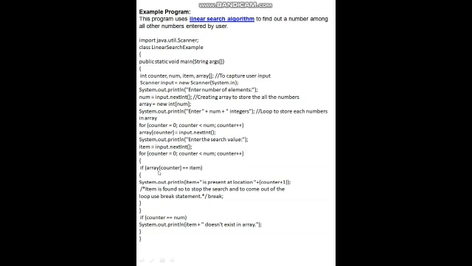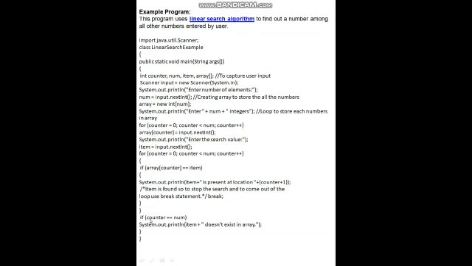Now this is the condition: if array counter equals item, the number searched, curly bracket, System.out.println that number is present at location, and which location we write here, i plus 1. So when the item is found, to stop the search and come out of the loop we use the break statement.